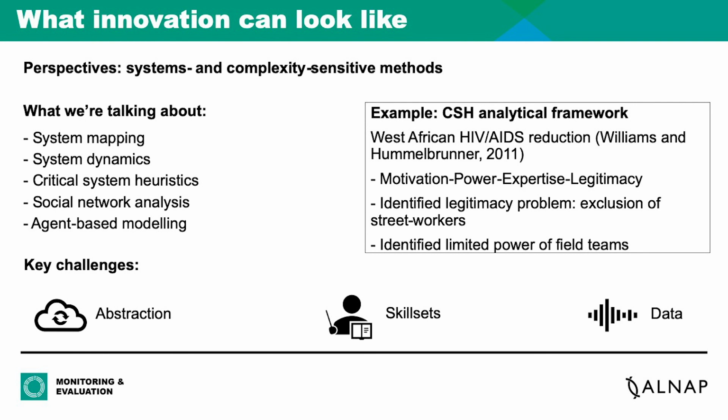The kinds of things I'm talking about, you can see on the screen there are lists that I think look a bit sci-fi. So we're talking about systems mapping, systems dynamics, critical systems heuristics, social network analysis, and agent-based modeling. It really sounds futuristic. We saw some examples of each of those, and they're listed in the report, but to take just one of them, there's a neat example of critical systems heuristics that took place almost a decade ago now, where there was an HIV/AIDS reduction program in West Africa, and the evaluation team used an analytical framework to